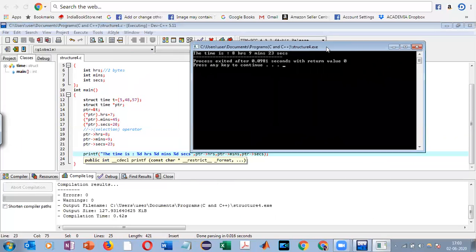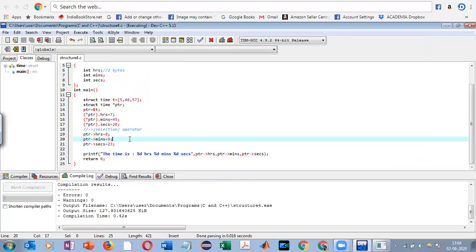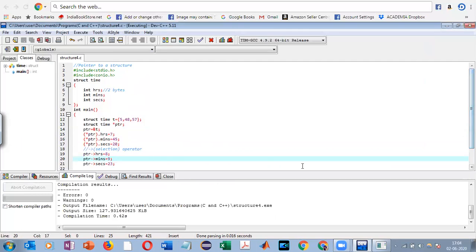Yes, it works. So in this video, we have learned about how pointer to a structure is used. Now we could also allocate memory to this dynamically. Since we have not discussed dynamic memory allocation, we would do that in a separate video. And then I'm going to talk about that part as well, how we can also allocate memory dynamically to this pointer variable.